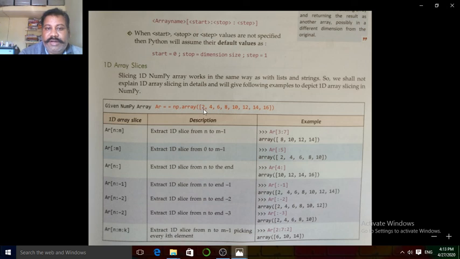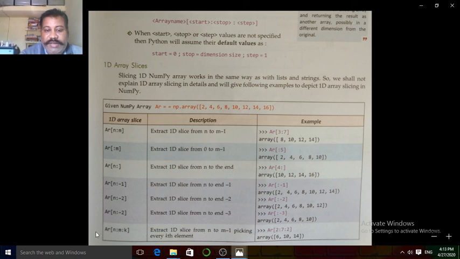The element at 0 index is 2, the element at first index is 4, the element at second index is 6, and the element at third location is 8. So it will extract the elements from this particular index and come up to the 7th index of the array. The 7th index is 14. So after writing this it extracts 8, 10, 12 and 14 from this particular array. This will be the subset of this array.